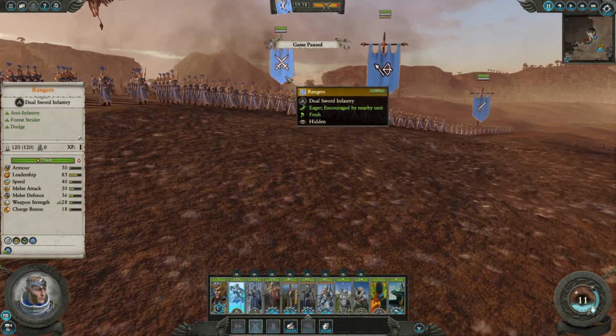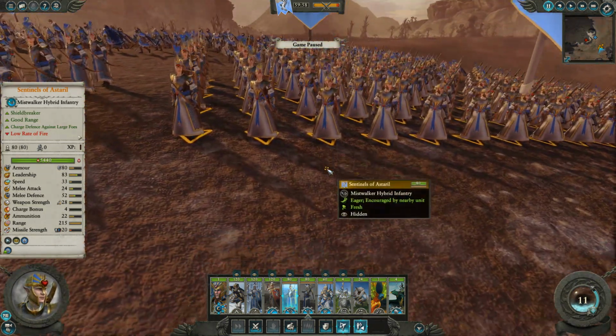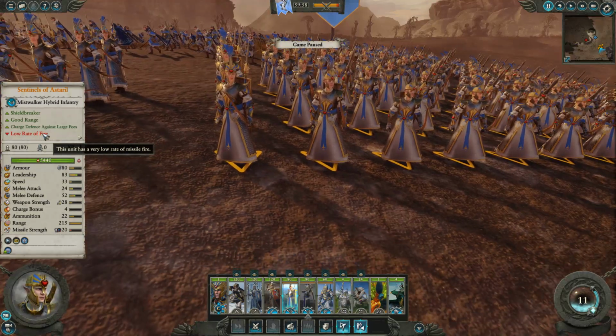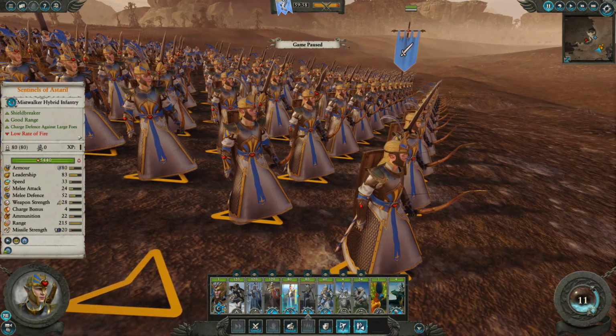This is Rangers. Oh, we clicked the wrong one here. Sentinels of Astaril, another hybrid ranged spear and shield equipped unit instead. They have Shield Breaker. Their attacks can significantly weaken a target's chance of blocking missile attacks. They have good range and charge defense against large foes, but they have a low rate of fire. That's their apparent drawback. It doesn't really matter. All of these Athel Tamara units are really good